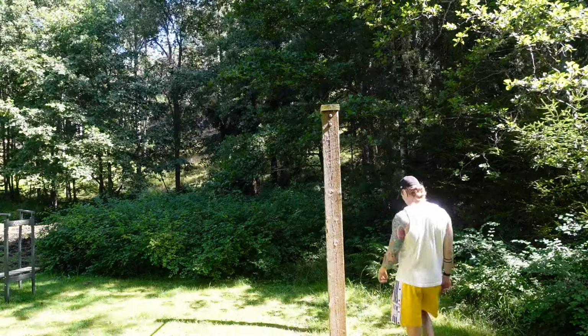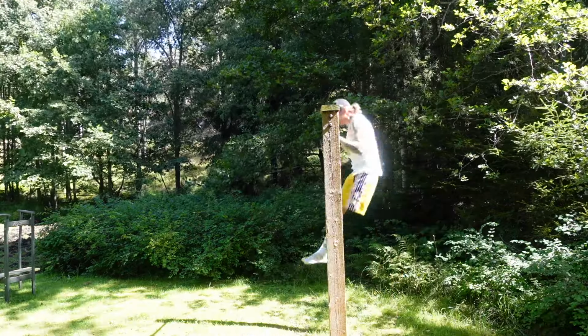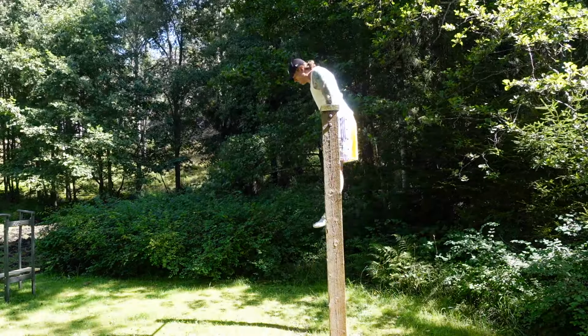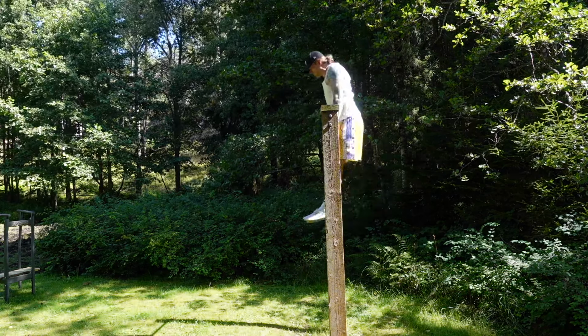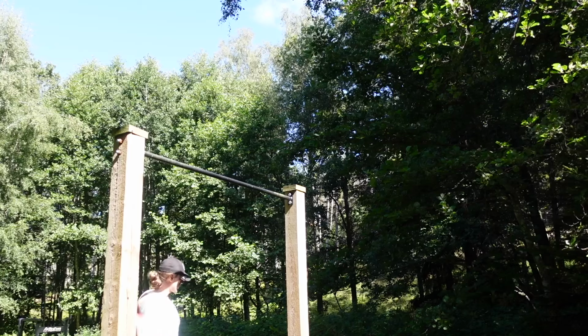Two muscle ups. Alright guys, so the last muscle up